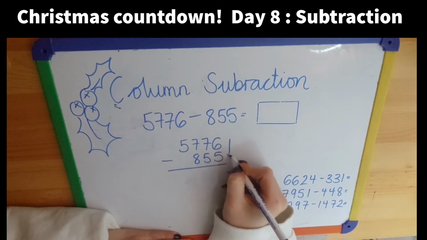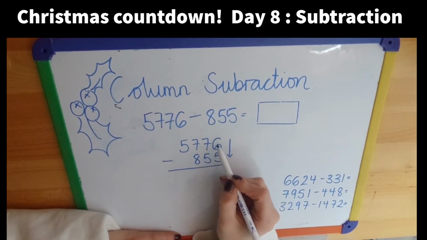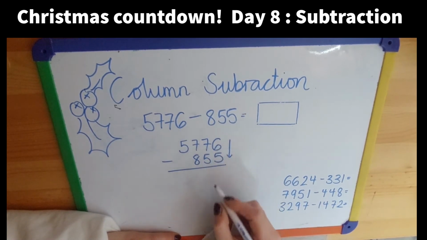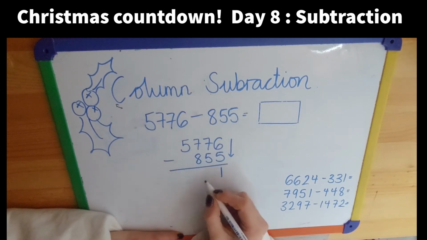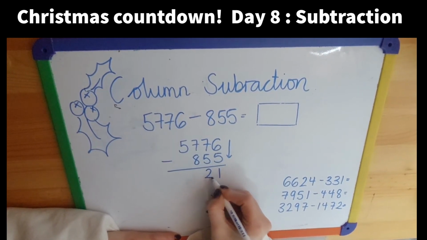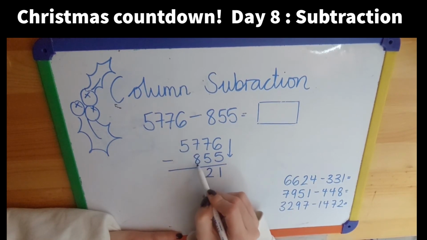Okay, again starting from the right, 6 take away 5. Now because my number on top is larger, I can do the subtraction. So 6 take away 5 is going to be 1. 7 take away 5 is going to be 2. Now for this one, 7 take away 8, because my number on top is smaller than my number on the bottom,